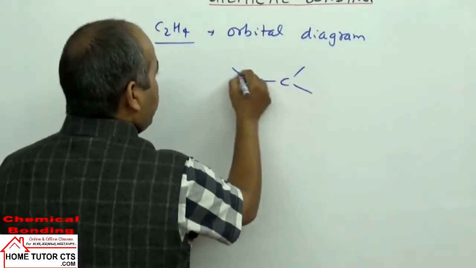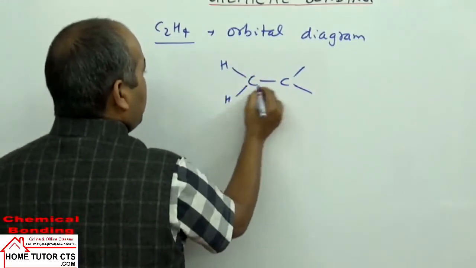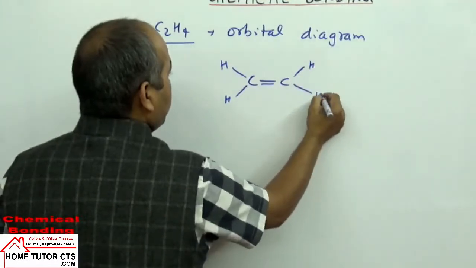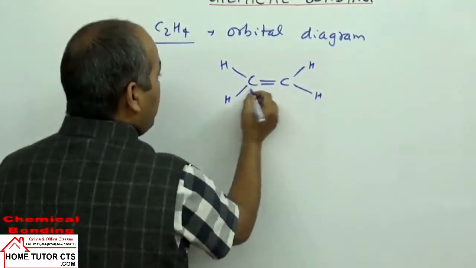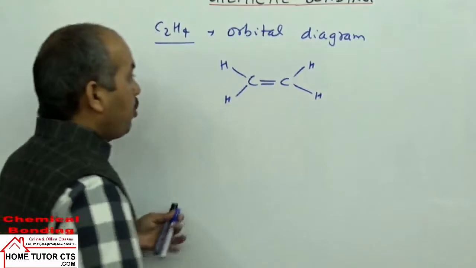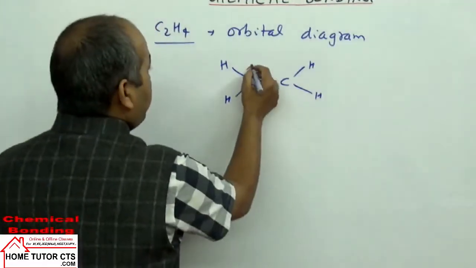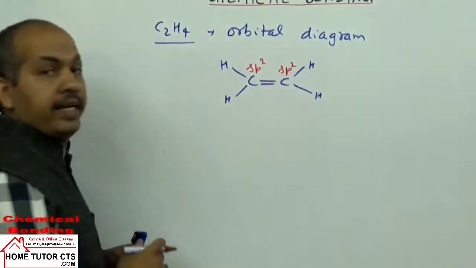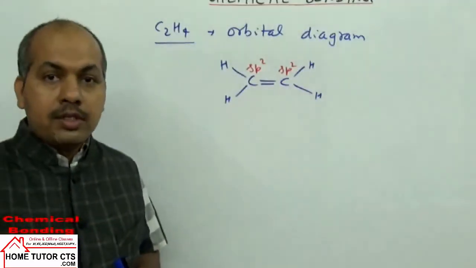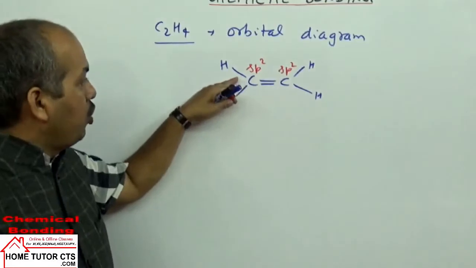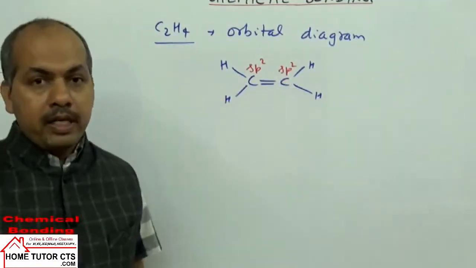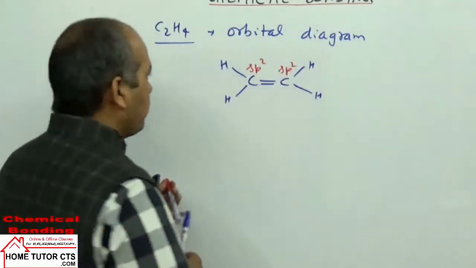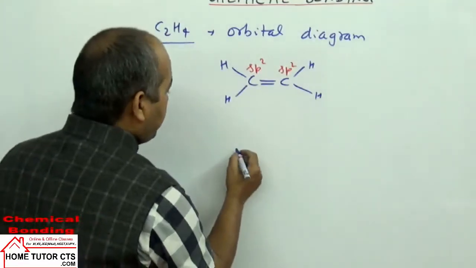If you take structure wise, we have a double bond here. In the ethene molecule, each carbon atom is sp2 hybridized. So they will have one sp2 sigma bond and they are overlapping hydrogen's s orbitals. If I draw this orbital diagram here, it is taken one carbon atom